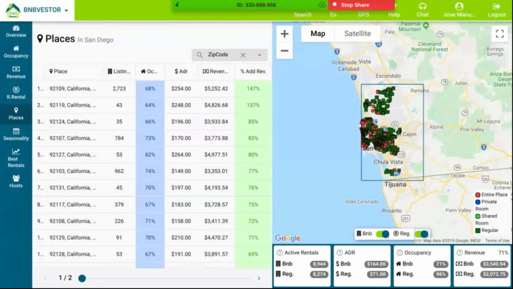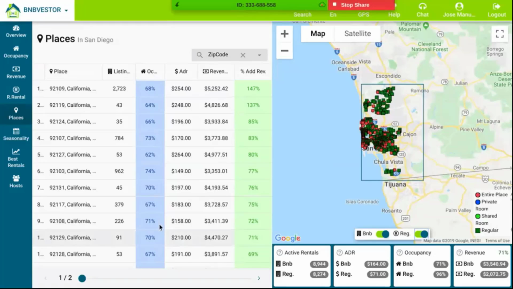Now, let's go back and let's put it this way. Remember that I was telling you about the difference that there is when you have a property in a regular rental and then you put it on Airbnb. Well, that difference is actually the additional revenue, okay? We express it as a percentage. Now, it is going to be like this. Let's put it this way. If a regular property is listed for, let's say, $1,000, but in average, the property would make $2,000 when you put it on Airbnb, then it means that the property actually has 100% in additional revenue, okay?